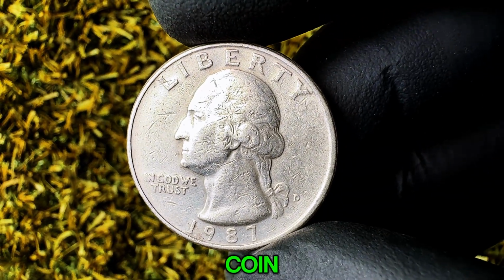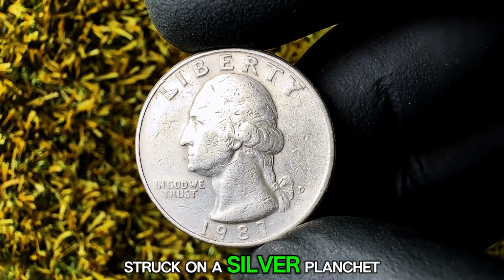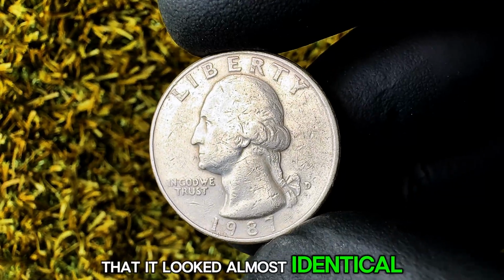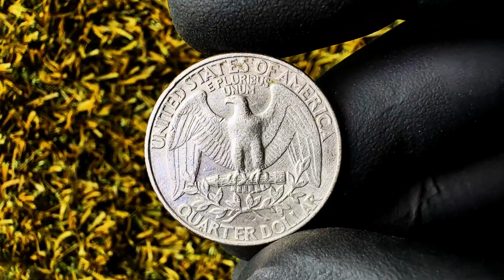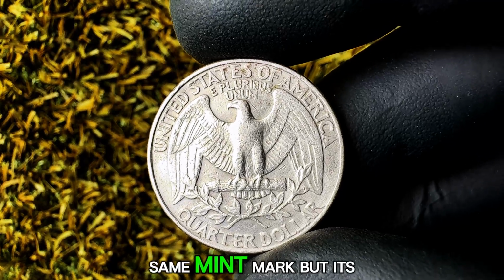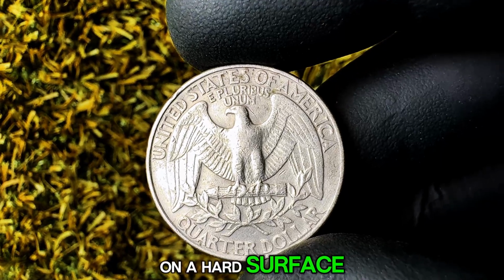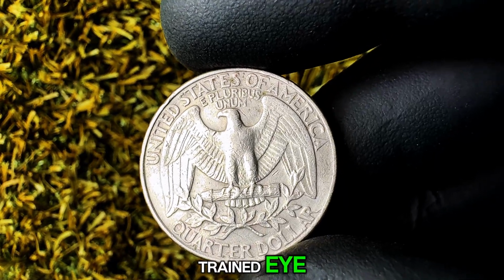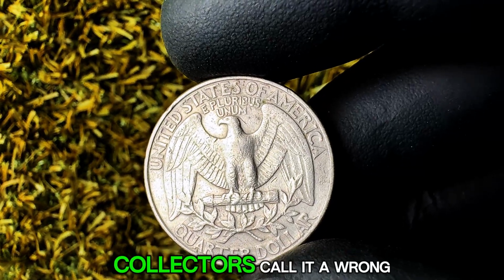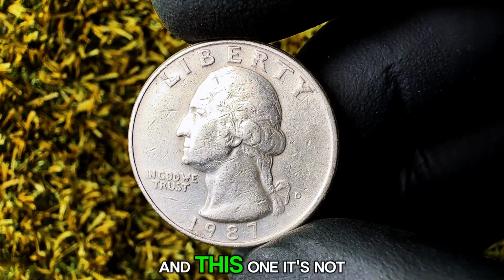it did. That coin, the 1987 Washington quarter with a D Mint mark, struck on a silver planchet, was released into circulation like any normal coin. It looked almost identical to a regular quarter. Same design. Same year. Same mint mark, but its composition, its weight, and its sound when dropped on a hard surface were all different. Only a trained eye, or a very lucky person, could catch what made this coin so extraordinary. Collectors call it a wrong planchet error, one of the rarest types of mint mistakes, and this one...